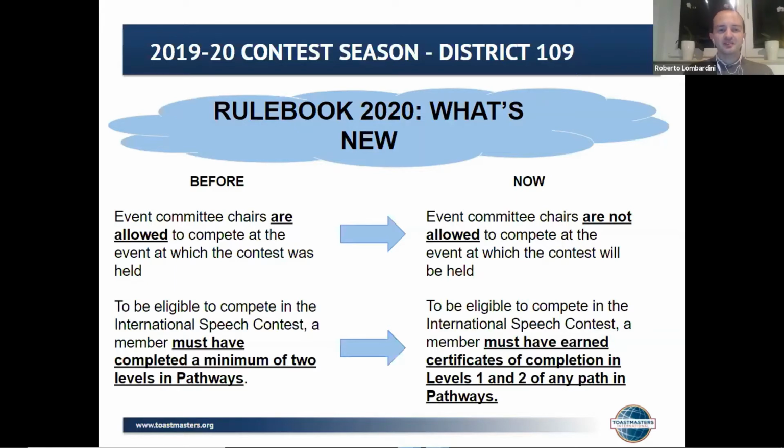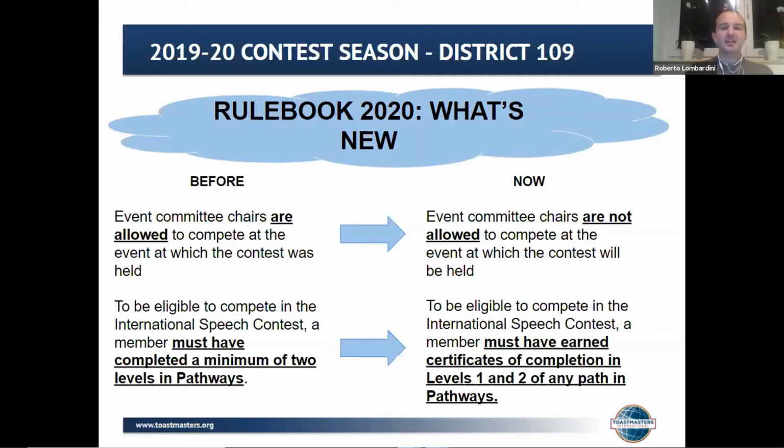Another rule that has been changed is the eligibility rules that we have seen before. A part of the 6 speeches that is the same from the old Competent Communicator manual. Last year it was that you must have completed 2 levels in Pathways. This year they changed it to: you must have earned certificates of completion in levels 1 and 2 of any